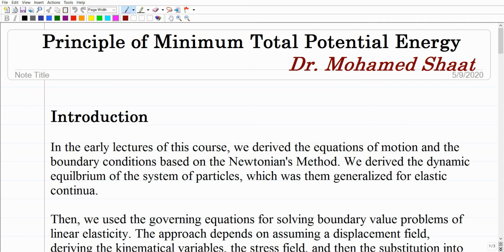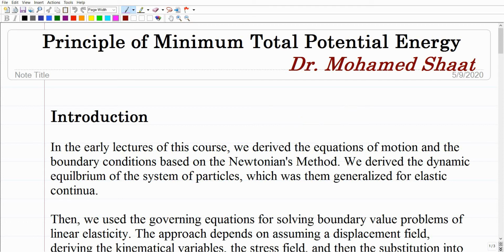In this video, I'm going to discuss the principle of minimum total potential energy. This is one of the variational methods, or a principle that would be used for solving boundary value problems of linear elasticity. So I'm just going to give a little bit of introduction to compare this method with the previous method